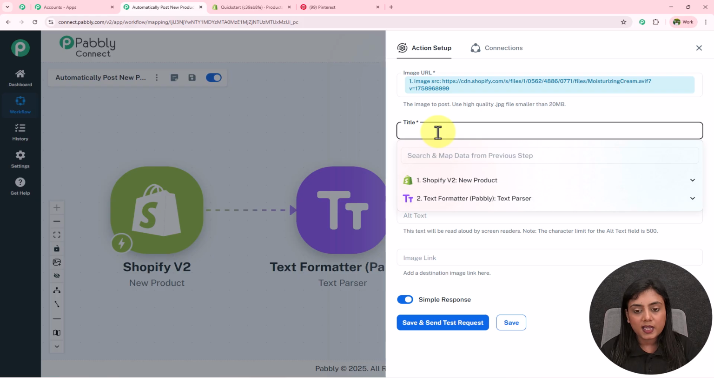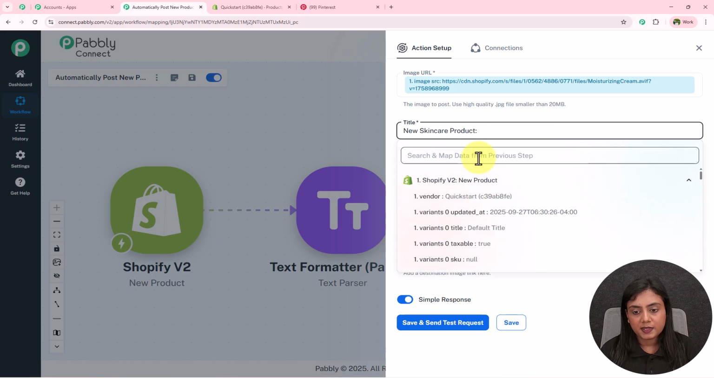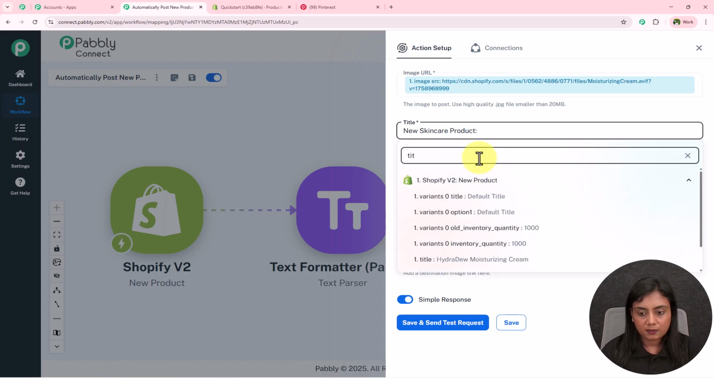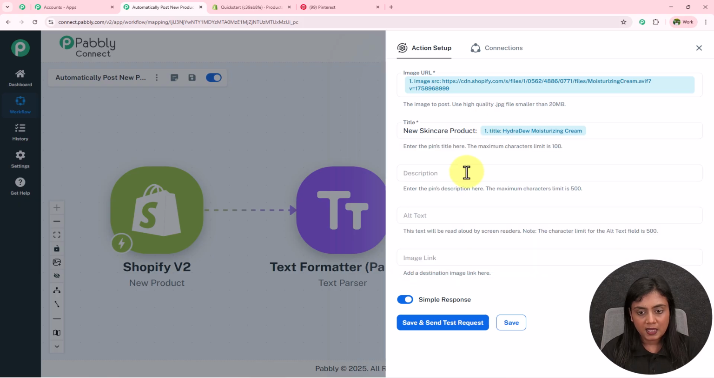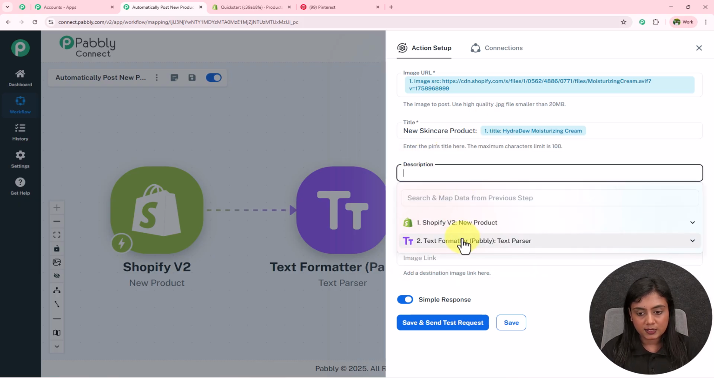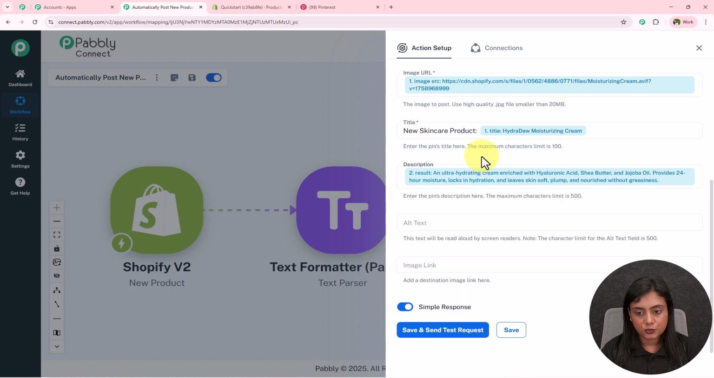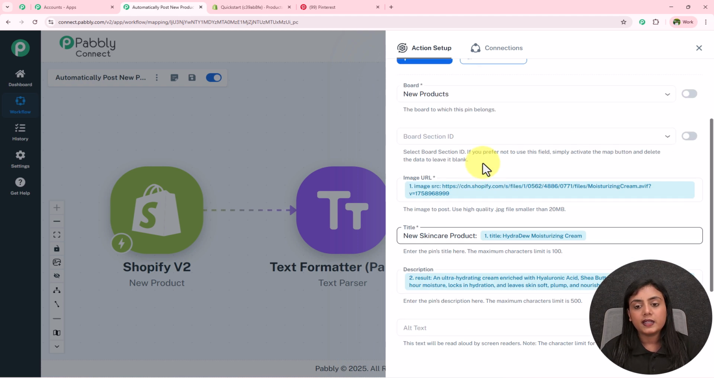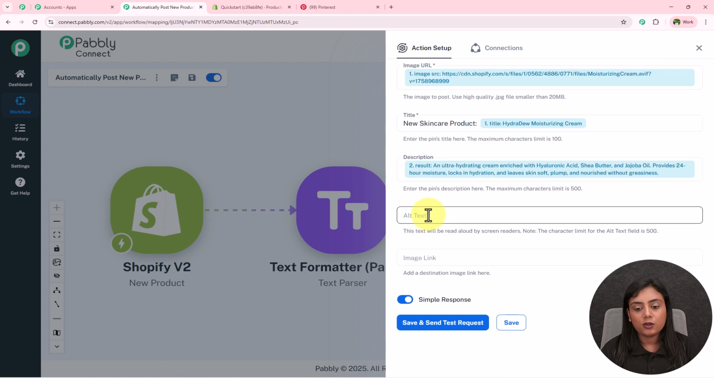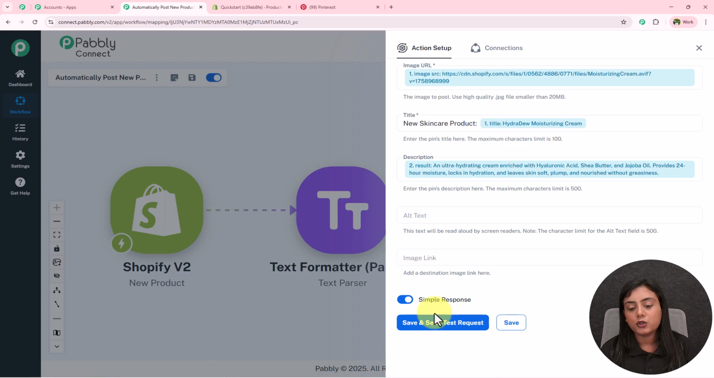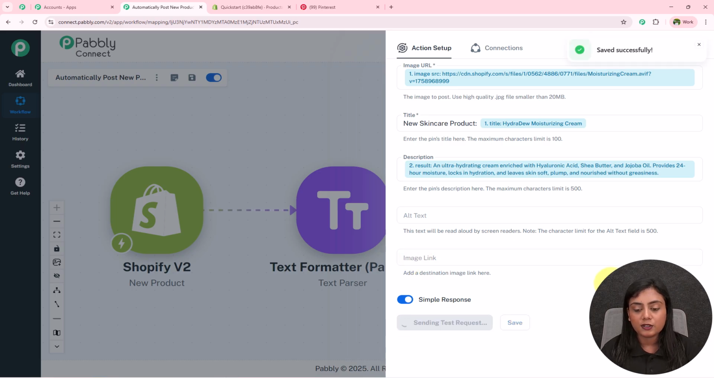For the title, what I'm going to do is I will enter a title right over here, which is going to be new skincare product, and next to it I'll map the data of the name. Okay, so I'll search for the name that I have received and map it. Okay, now it is asking for the description. For the description, I'll map the data of this description right over here. Okay, after filling in all the required details, it is asking for the alternate text and the image link, which we do not want, so I'm going to skip the part and simply click on this save and send test